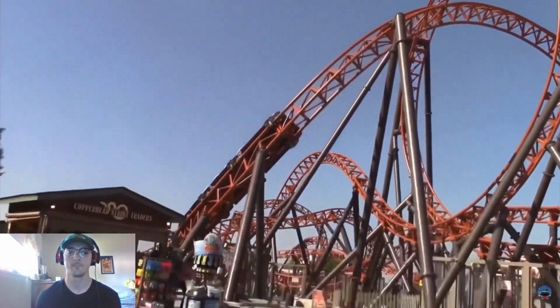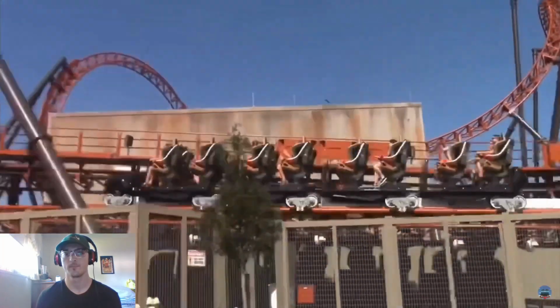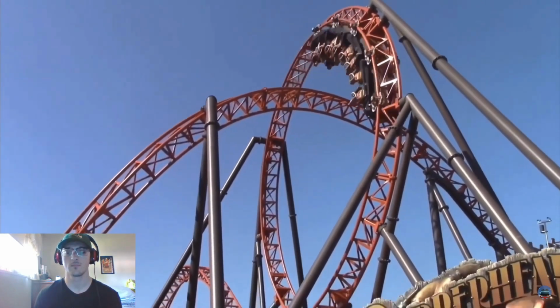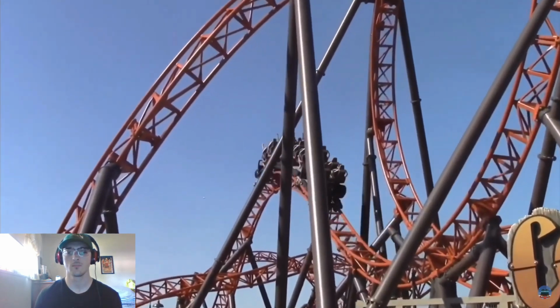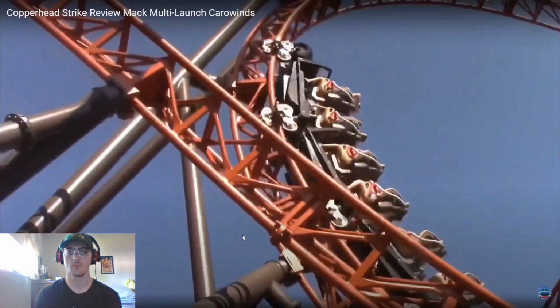And this launch is not that good. But it's kind of expected considering this is a Mack coaster, and Mack coasters are not known for having very strong launches, and going into this ride, you should know that. Launches on this ride are not strong, but they're fun, which is what is most important in my